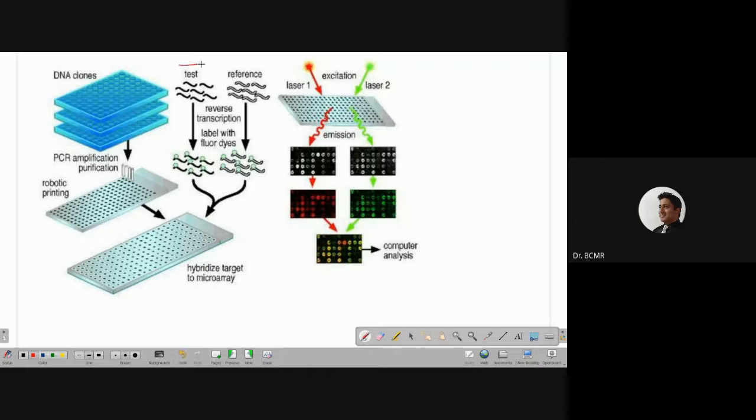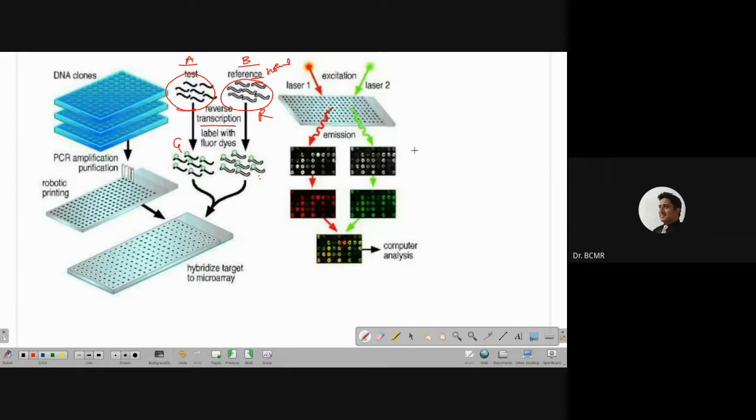So here is a test, some organism A, and here is the organism B reference that we know is normal. That is the reference. The test is whatever is problematic or that we are interested in. Here they're not using DNA directly. They're using cDNA instead. They would have reverse transcribed, and then you would have put it into fluorophores. One of these is tagged with, say, for example, red, and the other one is tagged with green